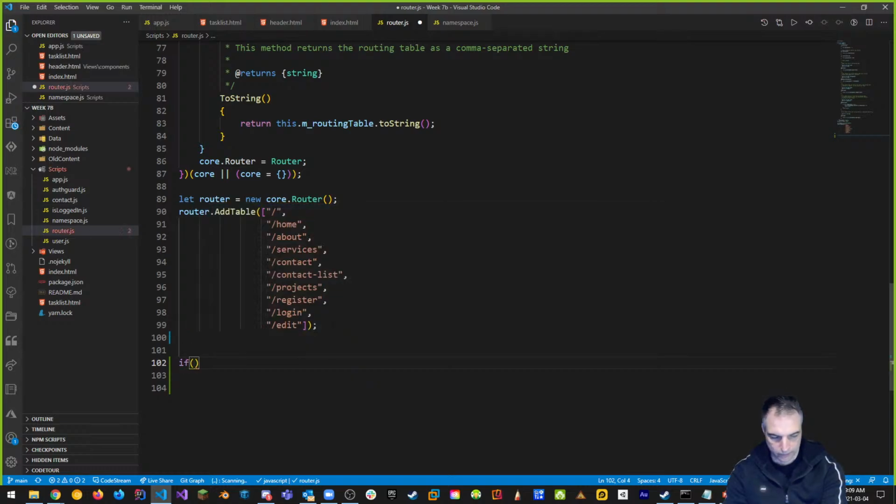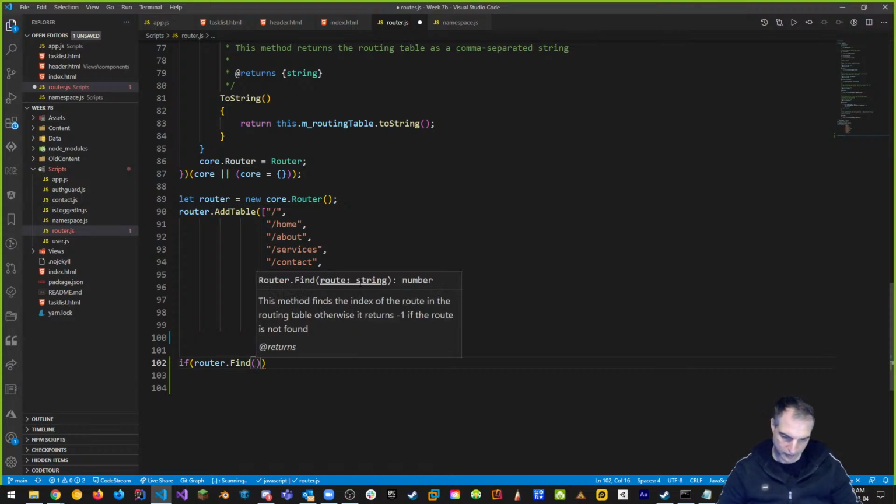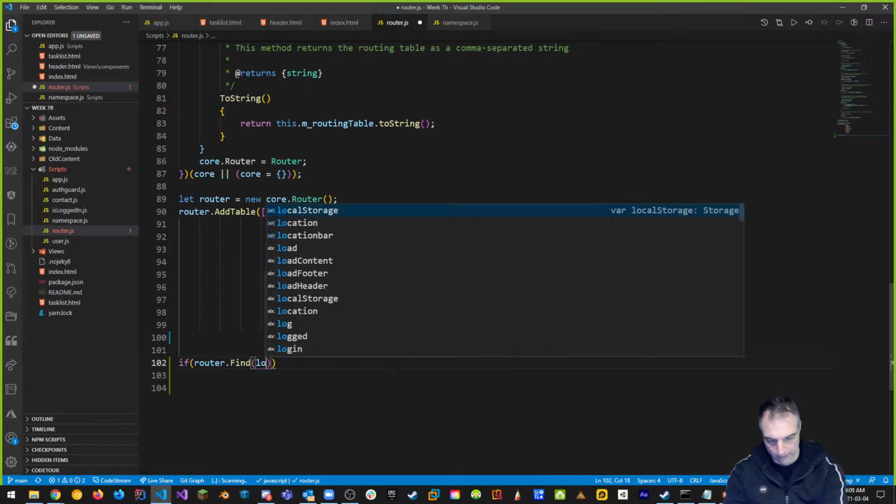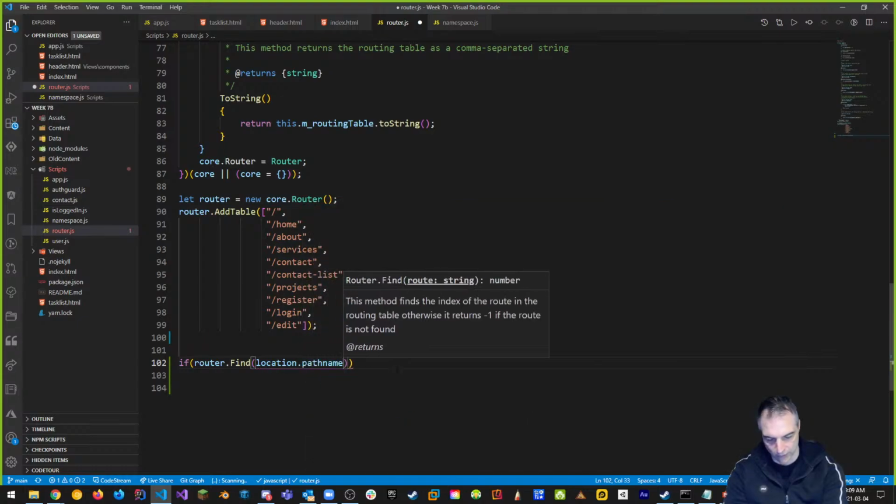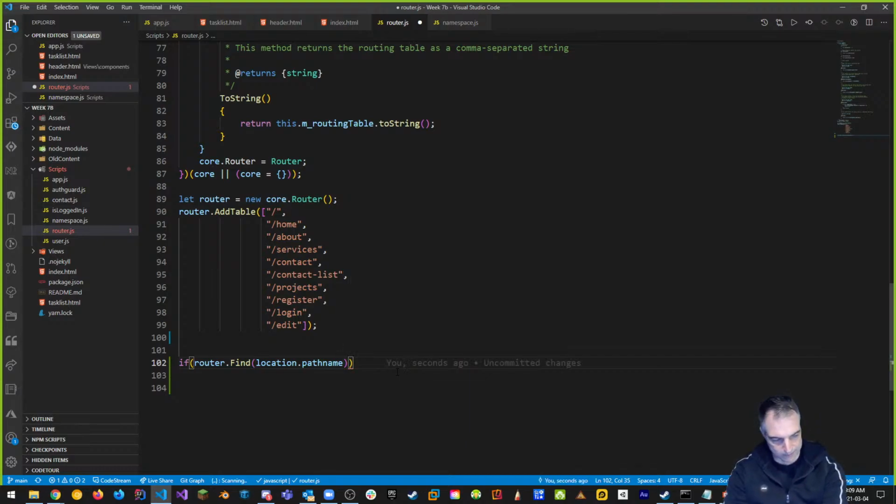So we're going to say something like, I want to check the routing table if it exists. So I want to find, right? router.find, and now we get a nice little thing. We want to find the index of the route that is going in there right now. So what is the index? Well, it's going to be location.pathname. Remember we said location.pathname is the way we're going to do it? If the location.pathname exists in the routing table, right, then,